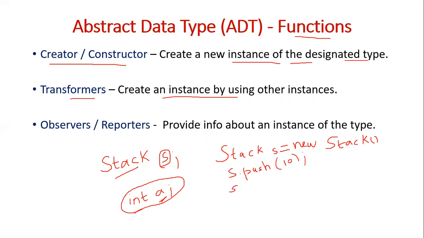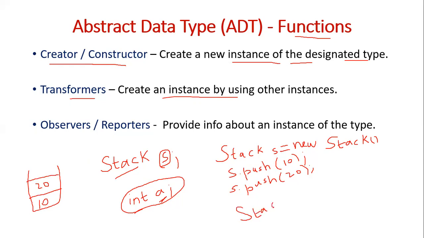So then I'm saying S dot push of 20, so this will push 20 into stack. So it means that I have a stack which contains these two values. The value that is first pushed is 10, the value that is next pushed is 20, okay. So say that now I want to create another stack which is just a copy of S. So then I can create like this.